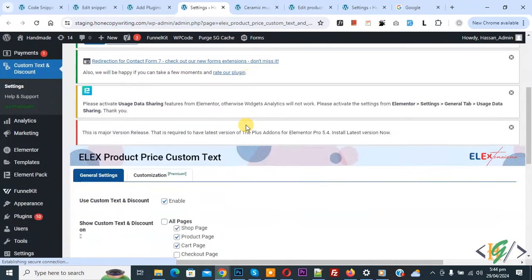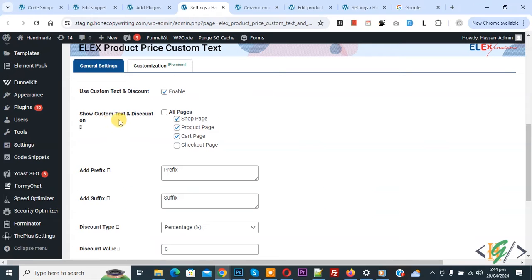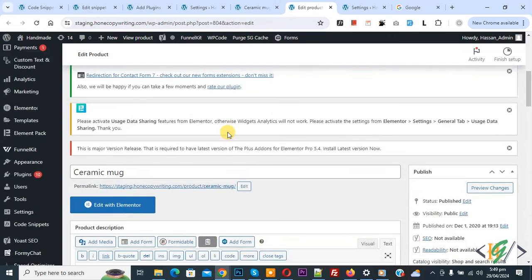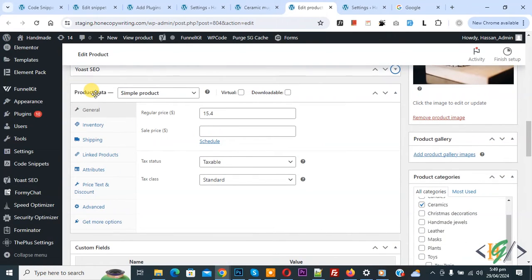Now setting open, and then you see show custom tax and discount on all pages, product page, cart page. So you can do setting according to requirement, but we are going to add suffix or prefix for specific product. Now go to edit product. Now refresh the page. Now edit product open and scroll down, go to product data, and then in product data